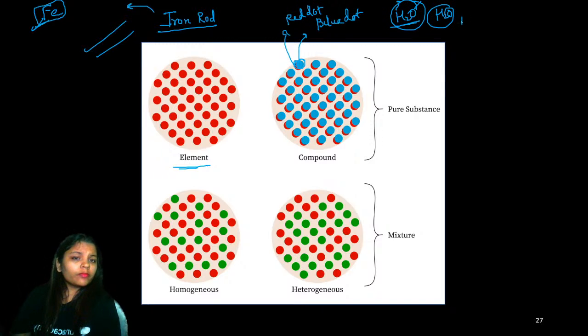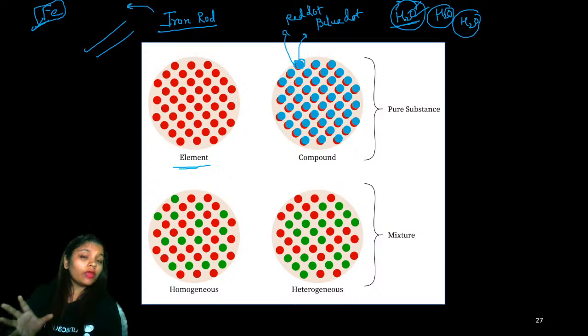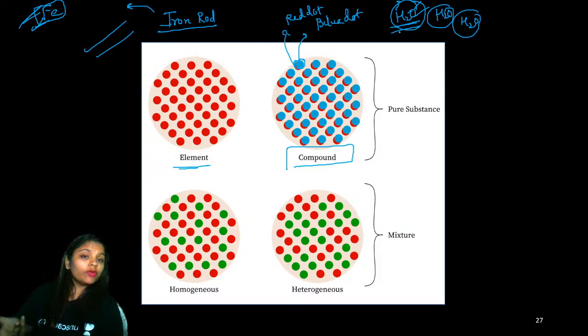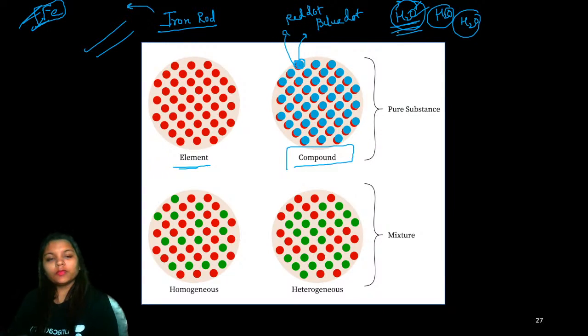So we can say that for every water molecule this is true, but we have two different types of element, oxygen and hydrogen. And when we have two different types of element, then we say that this is a compound, this is not an element. An element has only one type of element, but a compound has two or more different types of elements, and they are present in a fixed ratio.